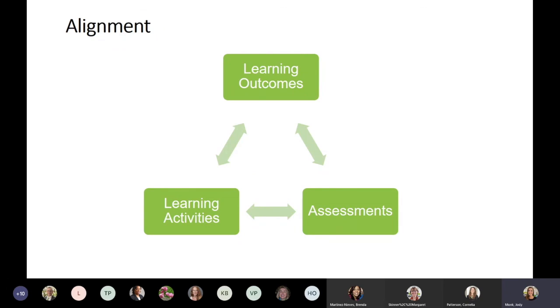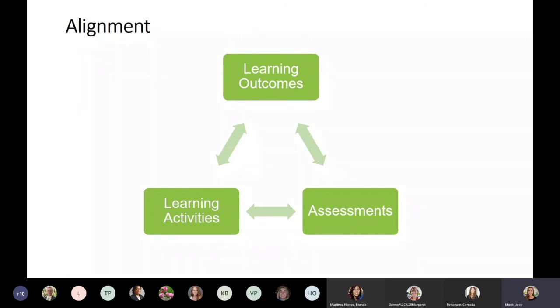So first, and this kind of has all the steps of backward design wrapped in, but it's a nice little visual, and it's what we'll refer back to quite often as you're thinking about designing your course. So you've developed your learning outcomes. They're clear, they're concise, they're where we want students to go. And as we work towards the next step, which is designing assessments, and during this presentation, we're going to talk more about module level assessments as opposed to the big summative assessments.